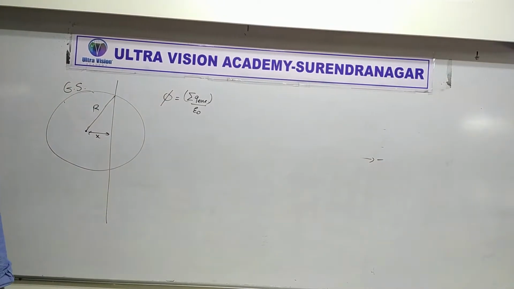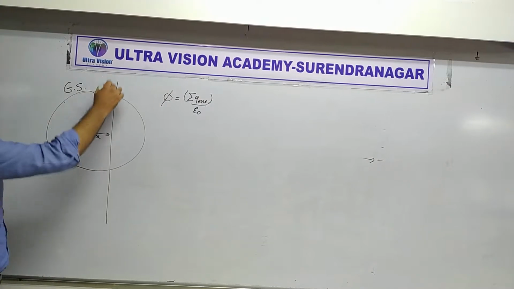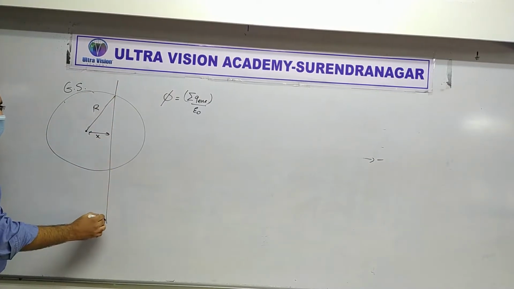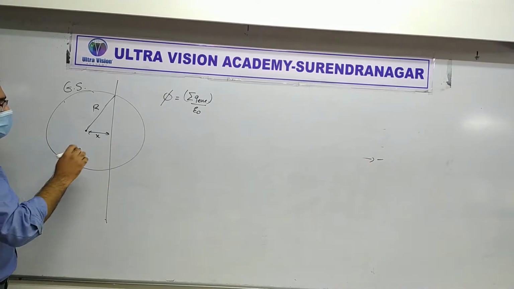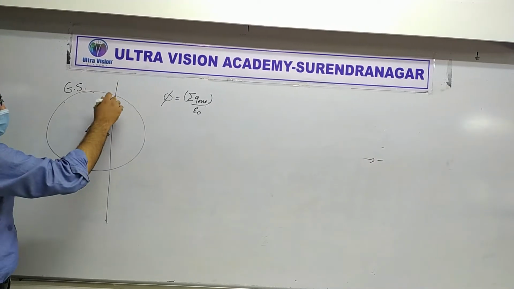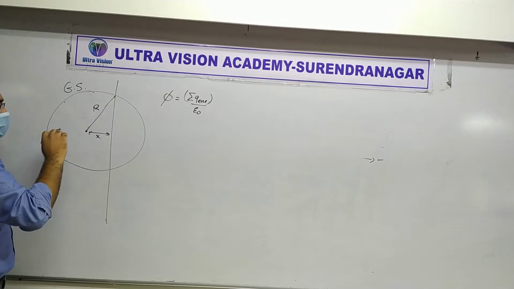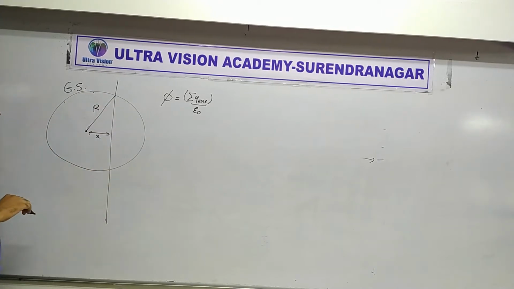Correct or not? Okay. Now what is this thing? This is a uniformly charged sheet. Okay, so for a sheet, basically how much part of this sheet will be inside this sphere? Lots of 3D geometry at use here. There is a sphere and there is a sheet going through it. So how much part of the sheet is inside this sphere?